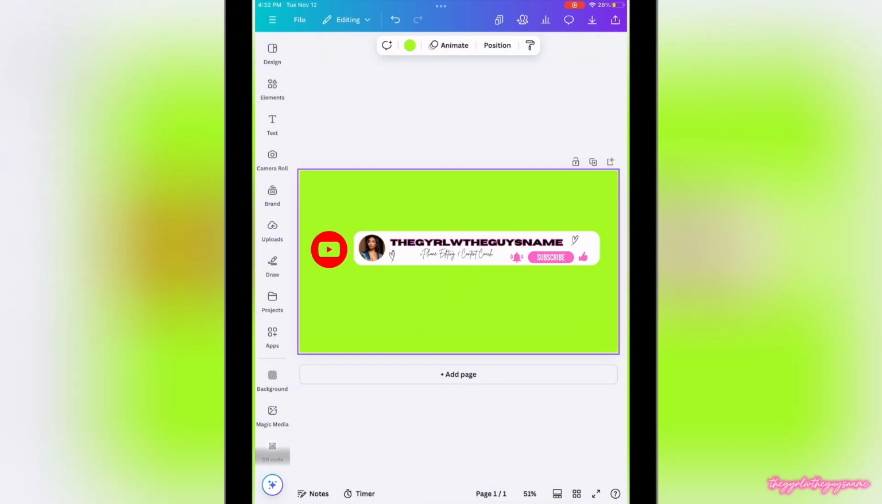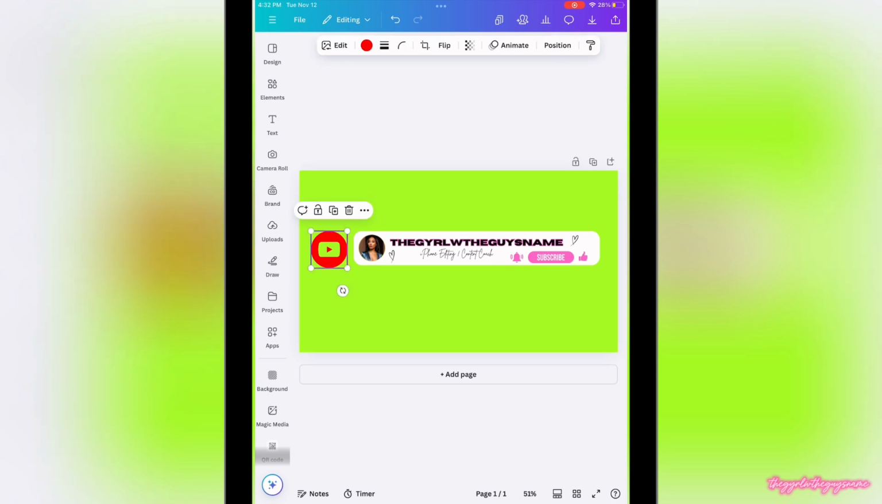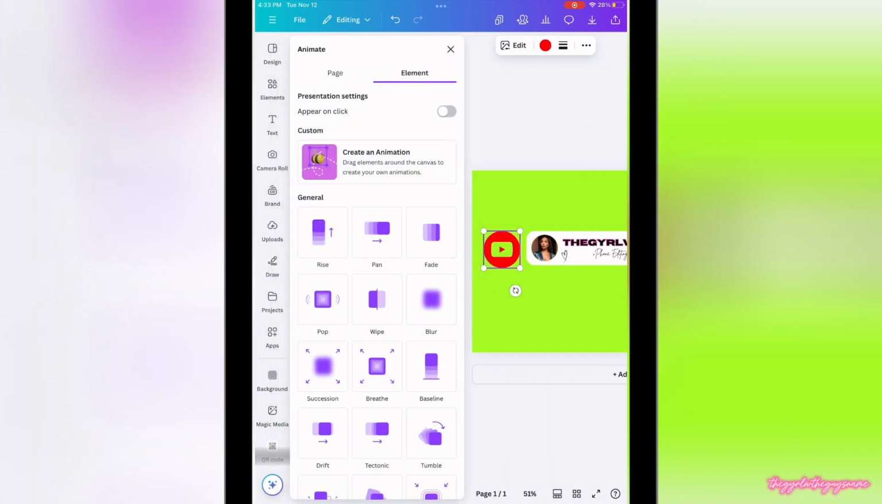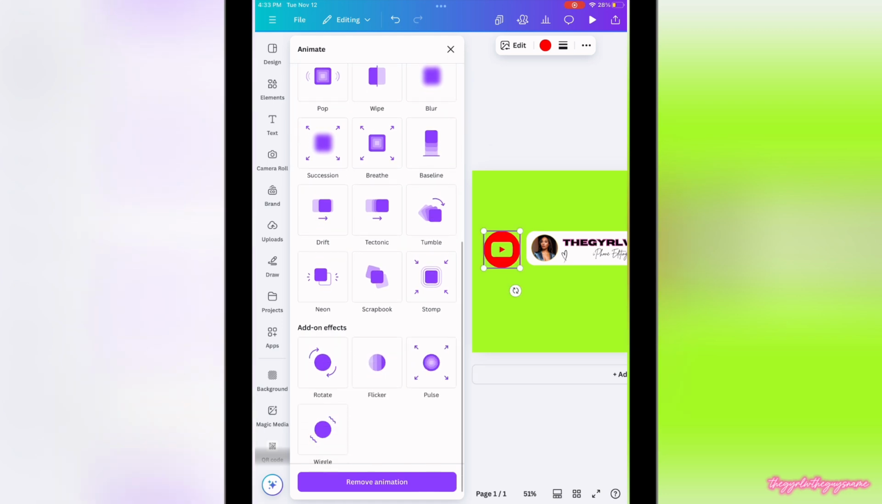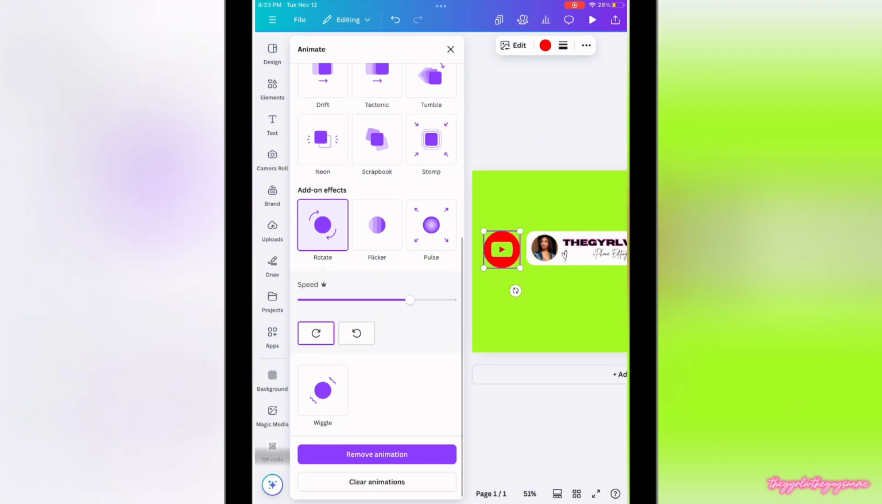Now, before we save this design as an MP4 video, we are going to add animations to the different elements within this design, you guys, okay? So I'm going to tap the YouTube icon up here at the bar. You see where it says animate? We're going to go to animate. And I want this to come into frame by rising, but I also want it to rotate. So I'm going to go down here to add-on effects to rotate. And I want it to go kind of fast, like